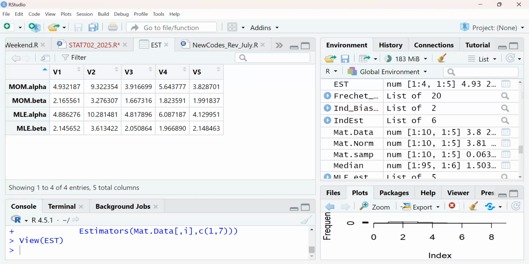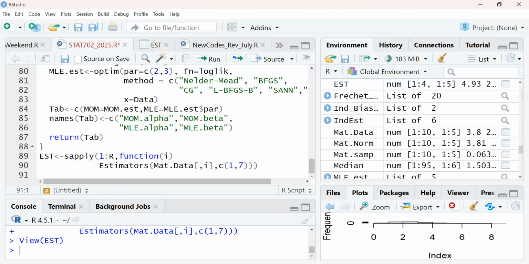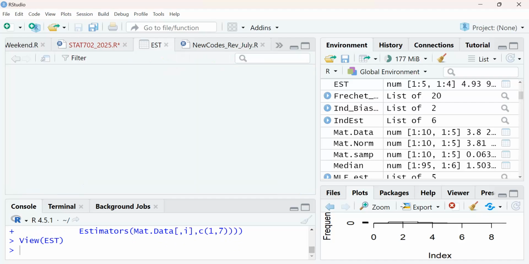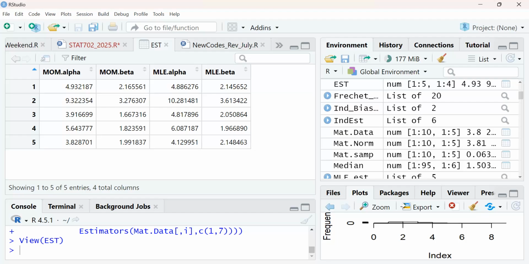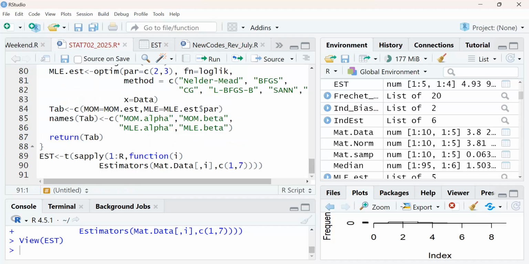So I'm going back, and then here, I'm putting everything in the T function, small letter t. And I'm going to do this again, and you realize that when I click on it, I now have it. It makes it easier. Okay. So that's it with how we can get our estimate.